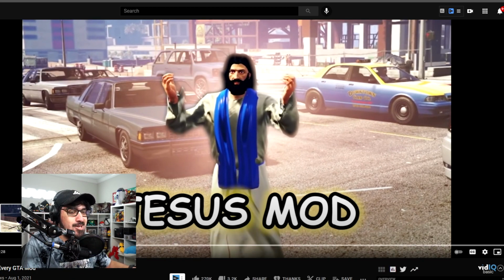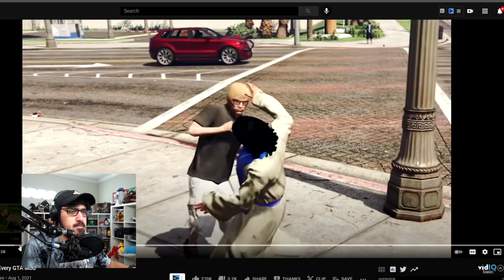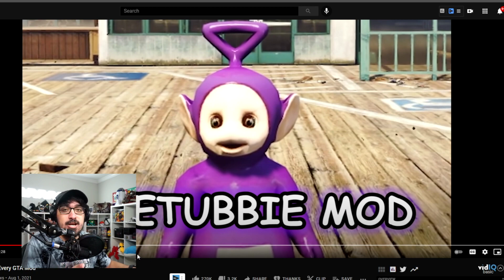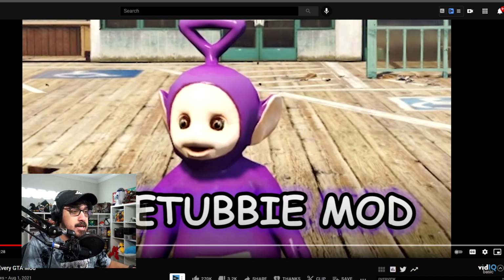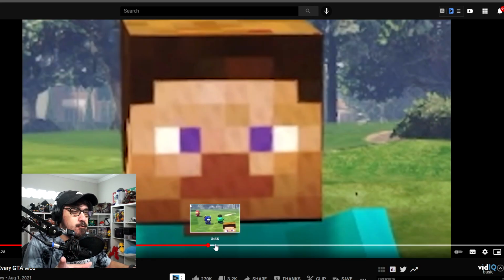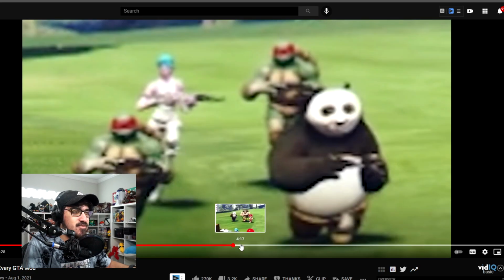We had the Jesus section where he destroys people with fire breath and black holes. We had the Teletubby section where he eats people and eats Among Us characters and Fall Guys characters. My favorite section, we have the Corona section where we spawn in a ton of different characters